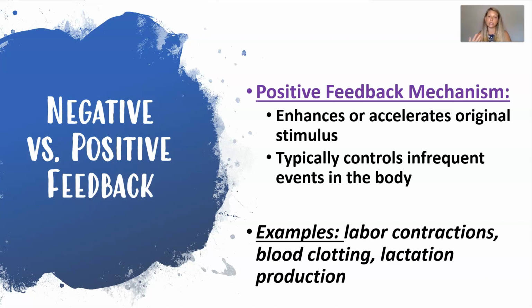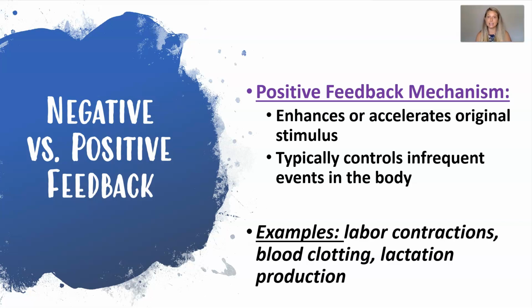You have the initial contractions that are caused by a stimulus, which cause a hormone to release. That hormone actually makes more contractions. Continue, continue, continue. So the original stimulus is contracting, producing the hormone oxytocin. The body's response is to produce more oxytocin and to make more contractions. We need that to happen in order for the baby to be born. That is a positive feedback loop.